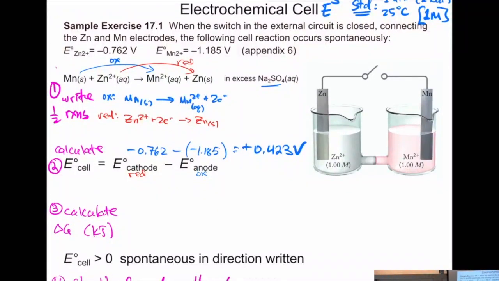All right, so we have 2 moles of electrons transferred, so delta G is going to be equal to negative 2 times Faraday's constant, 9.65 times 10 to the 4th coulombs, multiplied by the cell potential, which is plus